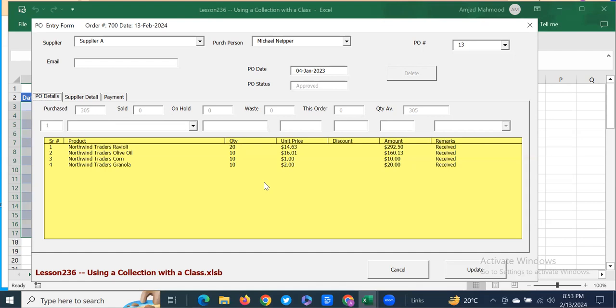But now we are proceeding towards the advanced level of VBA programming, in which classes are going to be used, properties will be used, custom classes, and then the concept of inheritance and the concept of collections. So in today's topic, we are going to show you that the application is the same, but